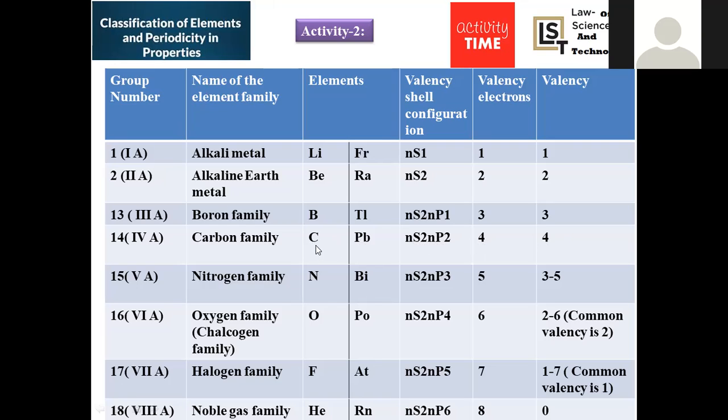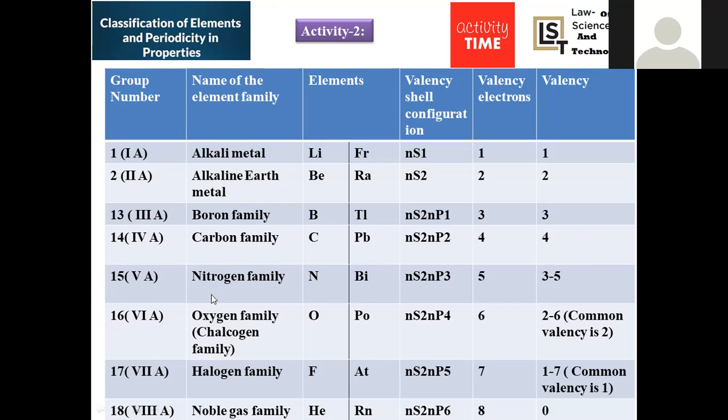Carbon is tetravalent in nature. When you take methane, it is able to form 4 bonds around carbon. When you take CCl4, 4 bonds are possible. So the common valency of this carbon family will be 4. And in terms of electron releasing tendency, you can say zero valent also. Sometimes it is designated as zero valent because these elements neither release nor accept electrons, so zero valency is also possible, but the commonly observed one will be 4.